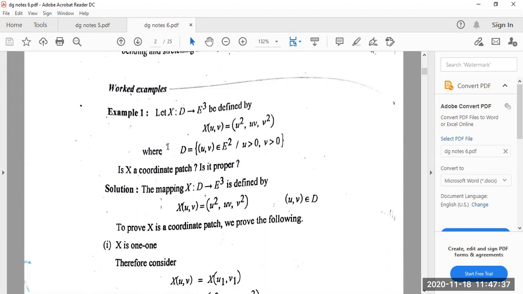E2 space. So, what is the condition for being a subset of E2 space? u and v are strictly greater than 0. So, in whatever we are going to study, D, which is a subset of E2, will not contain 0. We are just going to take all the points which are non-zero, u and v strictly greater than 0. Okay. Just like if you can see, we'll have D